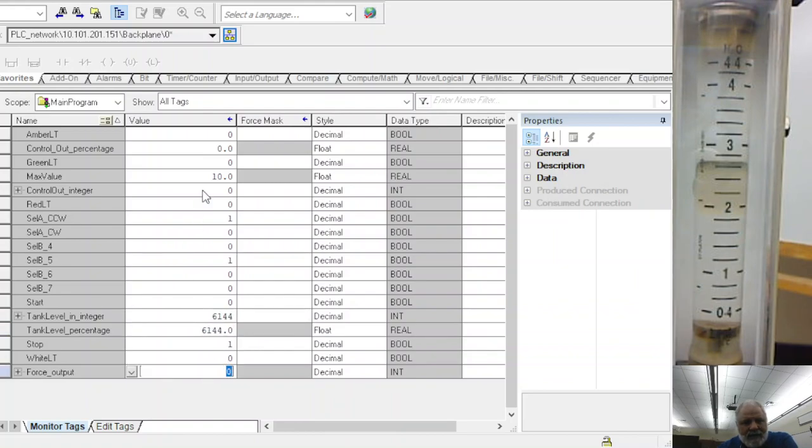And then the output that I'm sending out here is 0 at the moment, but I can change this. So if I change this to, say, 4,000, then you can see that I'm outputting the integer 4,000. However, if you look at the actuator here, you see the flow valve is not doing anything. Well, part of the reason it's not doing anything is I don't have the pump on. So I'm going to turn on the pump, so we'll have a little bit of noise here. Okay, so when I turn on the pump,